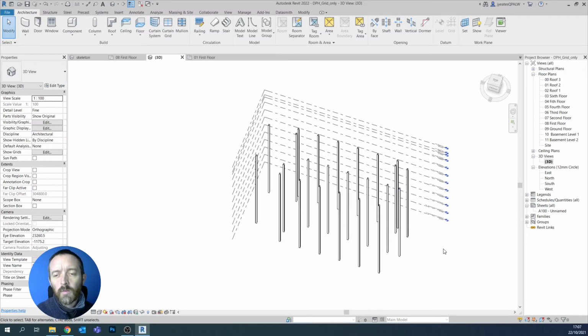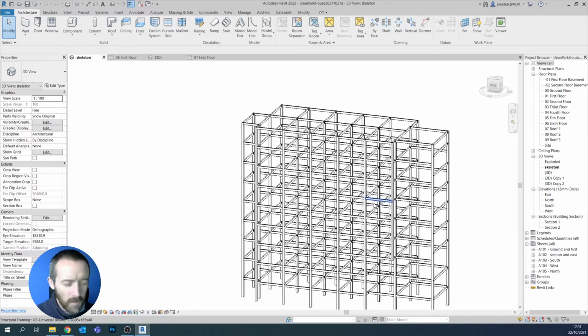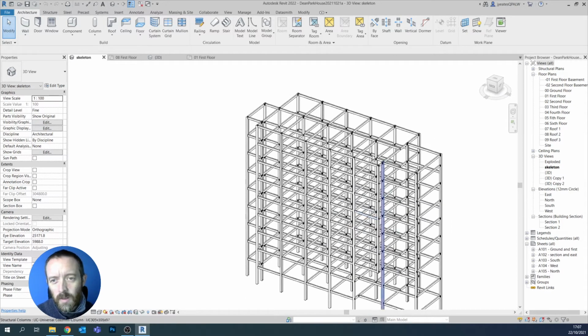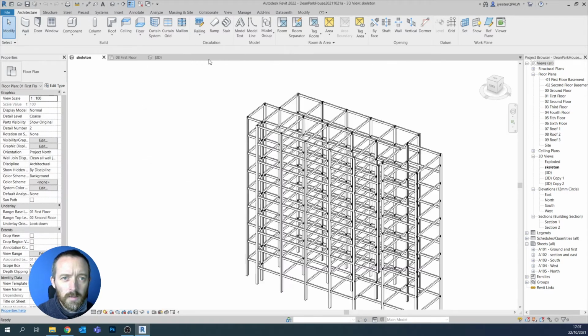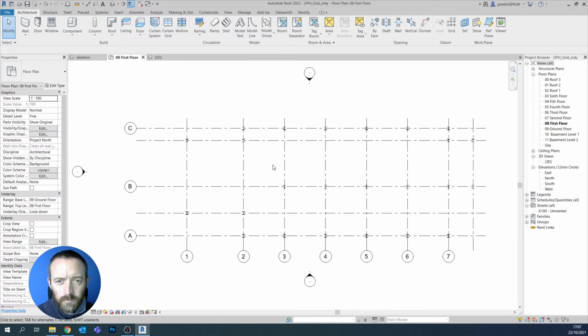Good. Okay, so we've got our columns, but the thing I wanted to talk about was the beams. So we were looking here. I've got some beams, and then I want to talk about these connections. So let's go back. Let's delete this one. Go back here. So inside of the first floor, we could draw some beams, and we can do that by